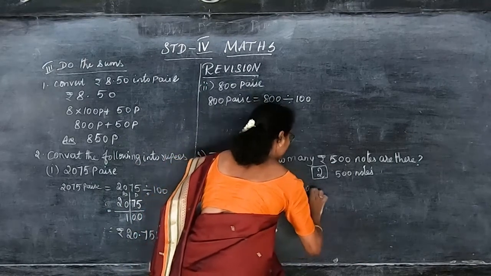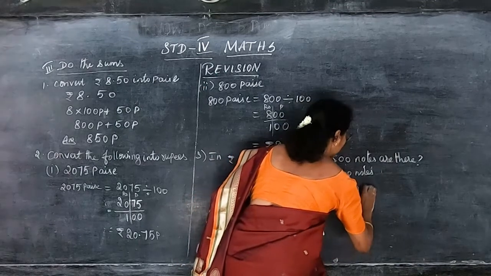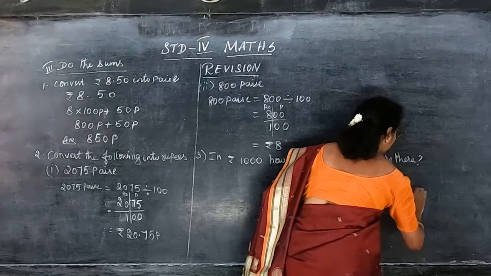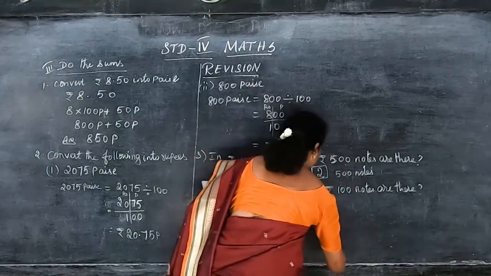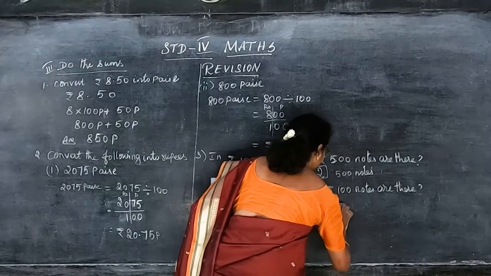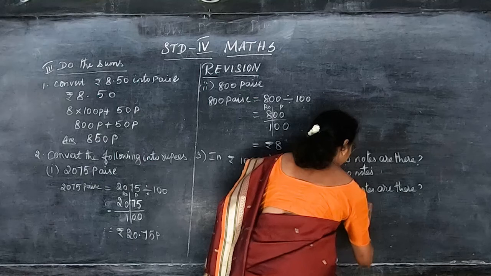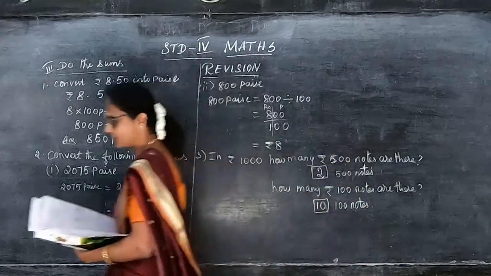How many 100 rupee notes are there? How many 100 notes are there? 100 notes. Okay, yeah. Then the fourth one,